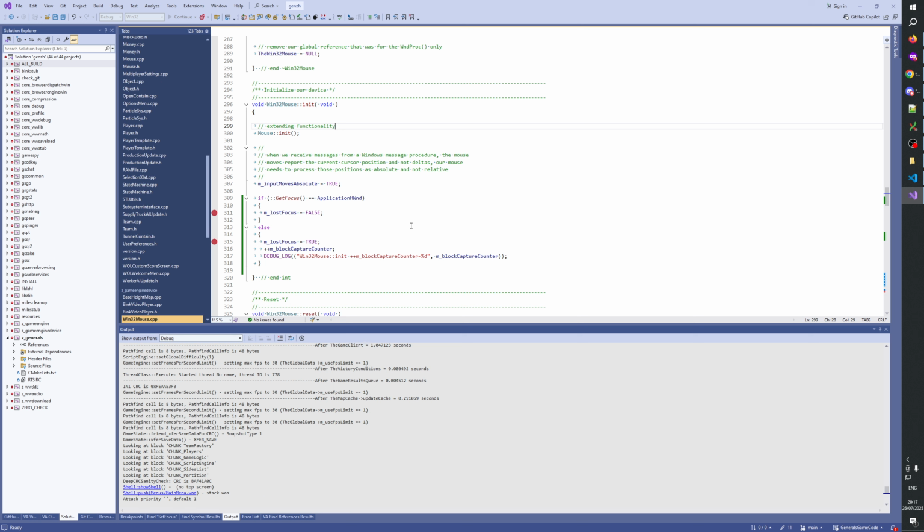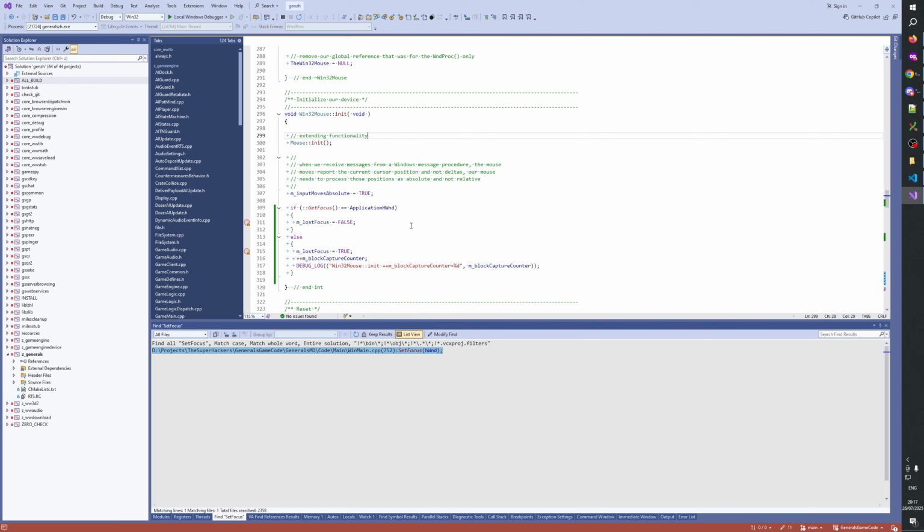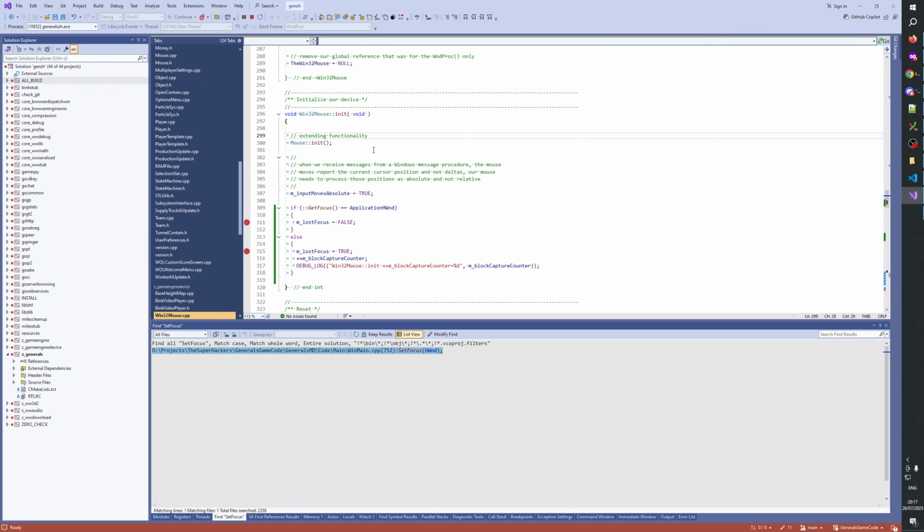That is outrageous. So we tap out and now we hit here. How is this possible? That the focus is this window that is not in the foreground.